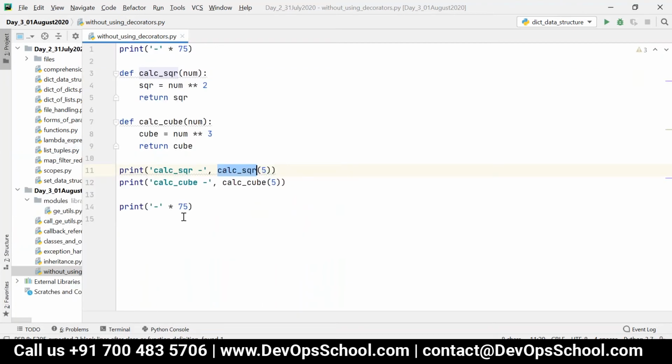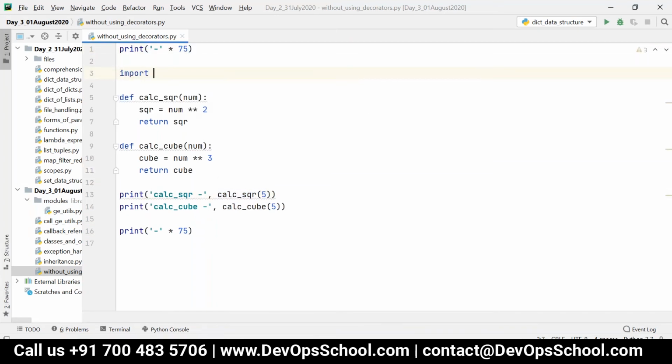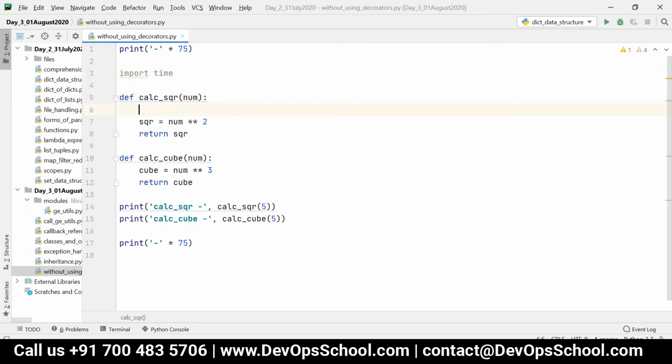Now consider I want to calculate the time taken by the function. For that, I'm going to import time. Before starting the function block, I say start time is equal to time.time(), then the actual function block.